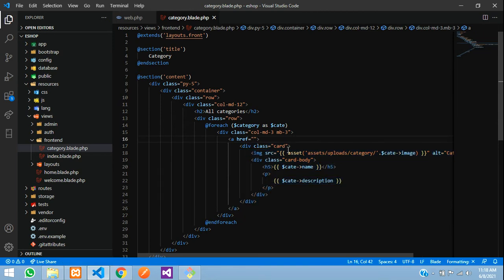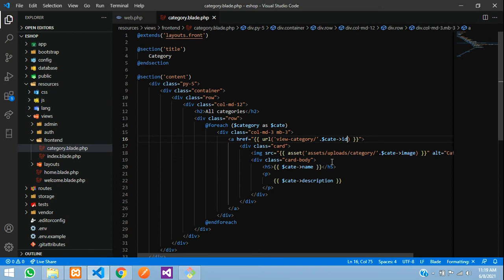So here href, say URL of view category, to be clear, view category and the ID of that category. So what you are going to say is $cat of ID.